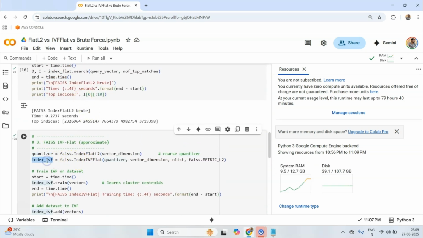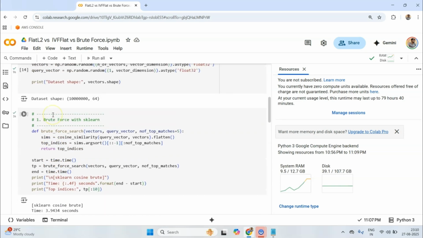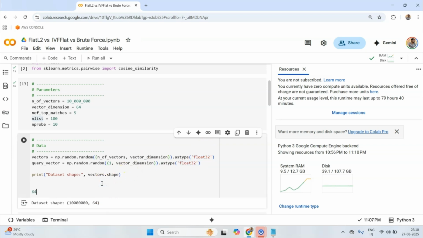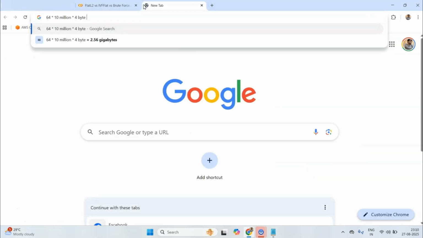If I have to estimate it, we are looking at 10 million multiplied by 64, and each number is a 32-bit float, which takes 4 bytes. We can compute exactly how much this is with a quick Google search. It would be about 3 gigabytes.